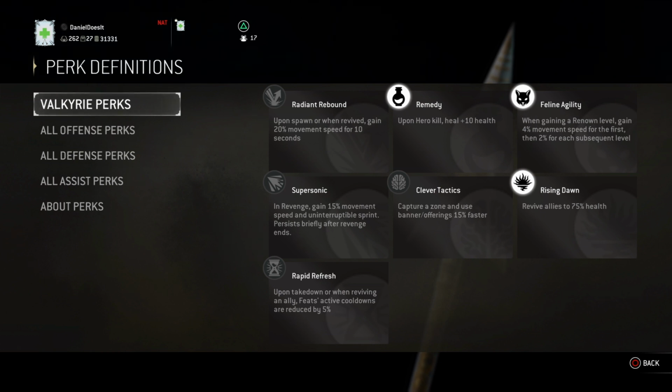Moving on to Rising Dawn, this pairs up with Feline Agility and some of our feats that we're going to get into. This allows you to get to your allies as quickly as possible for those revives, and when you do revive someone, you're going to revive them with an extra 25% health than you normally would. Now when you get revived, you have 50% health. Rising Dawn allows you to revive allies to 75% health, which is basically just a quarter shy of full health,